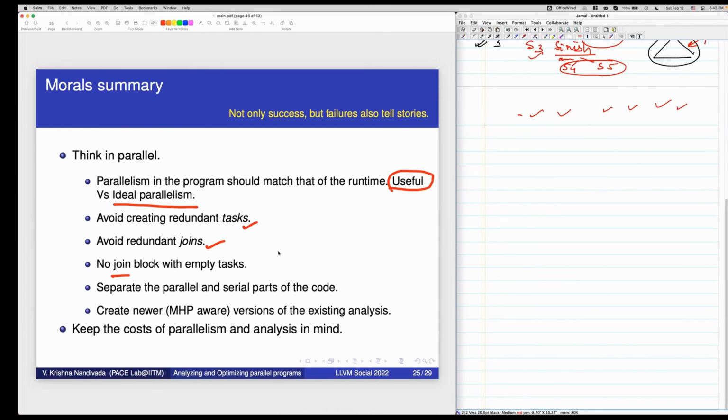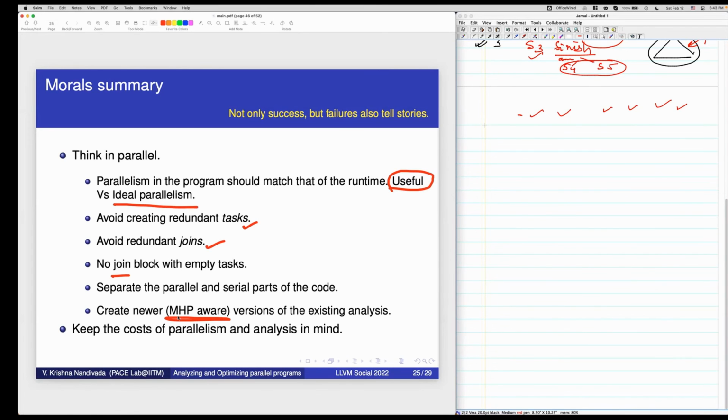And one thing that I have skipped is analysis, the dependence analysis, the points-to analysis, any analysis that you are doing. Remember that analysis is not sufficient for parallel programs. You need MHP aware analysis. Okay, that's a very interesting topic in itself.